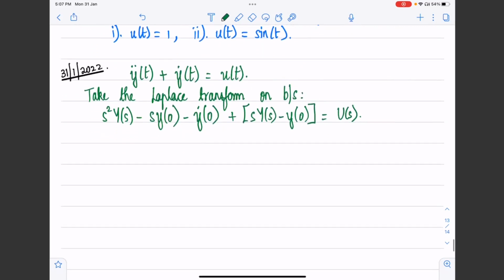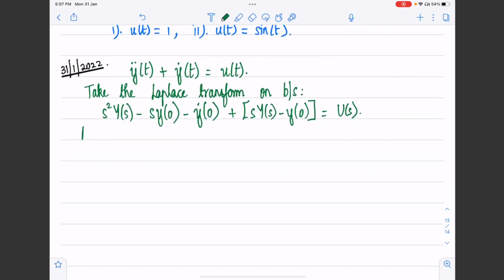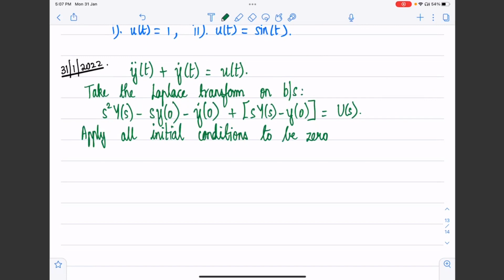The next step to figure out the transfer function is to apply all initial conditions to be 0, right? So let's substitute all initial conditions as 0, and then we will see what happens. If we substitute all initial conditions to be 0, then we have y of 0 to be 0, y dot of 0 to be equal